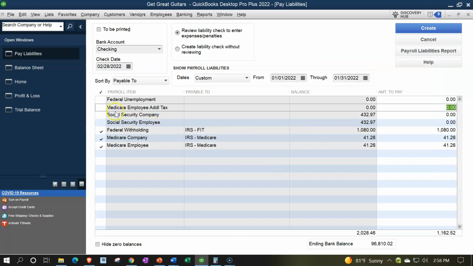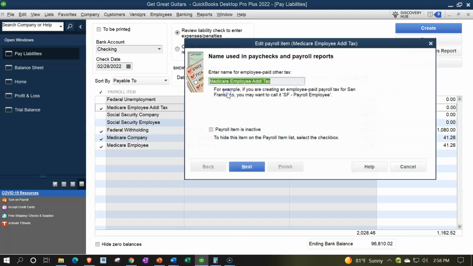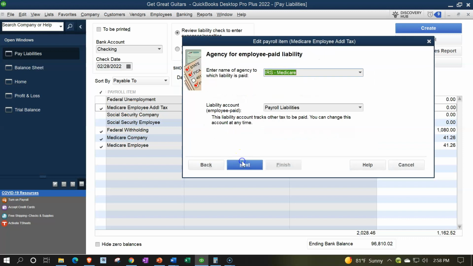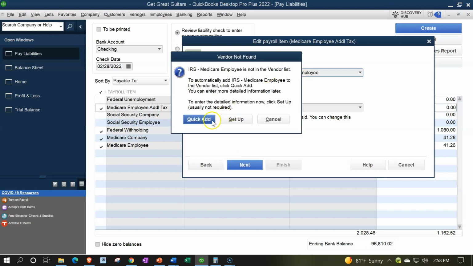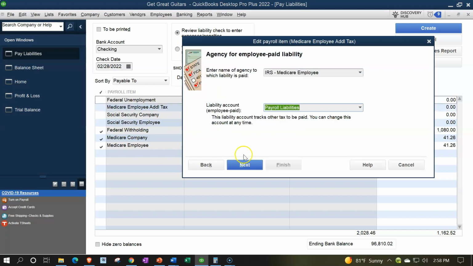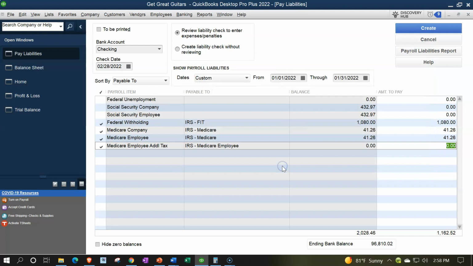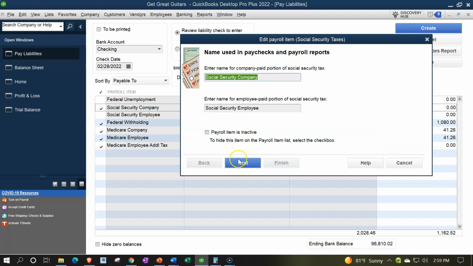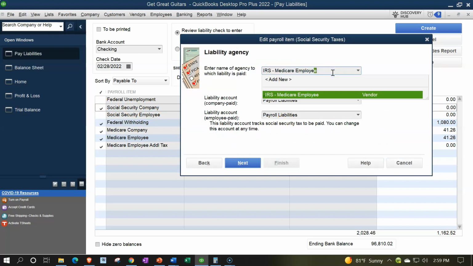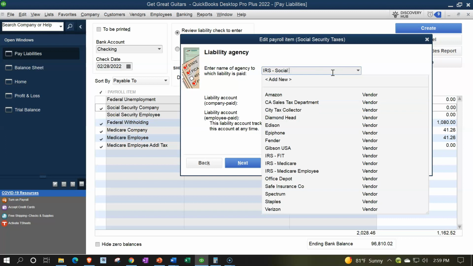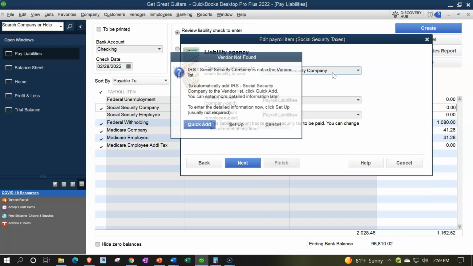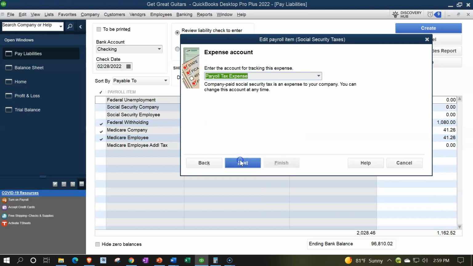And then the next one, so if I check that off, so notice it wants a different name. So I'm going to say IRS Medicare, and this is going to be employee. And I think this is due to the manual payroll that it makes me set up this different name for it. So I'm going to do a quick add for our practice problem here. And then I'll go to the Social Security. I'm going to do the same thing here and say this is going to be IRS. I'm going to call it Social Security for the company, tab, quick add, and then add that one,